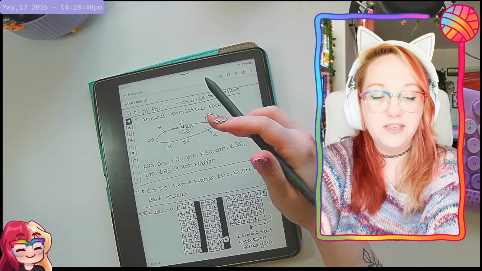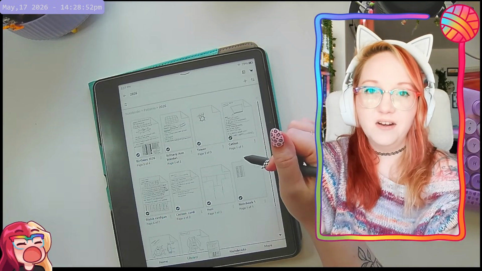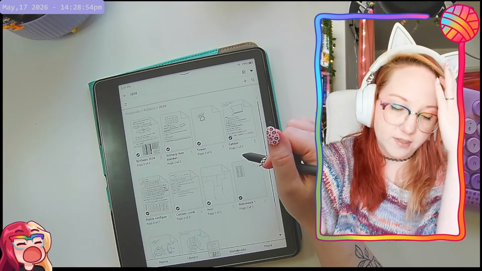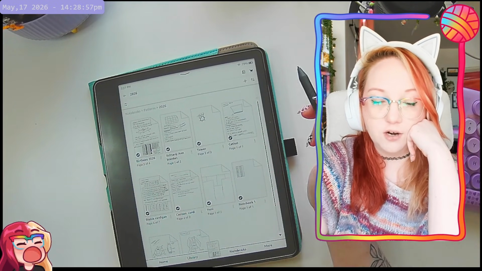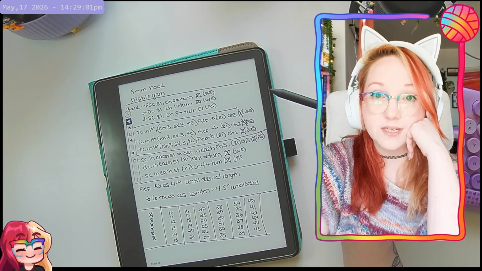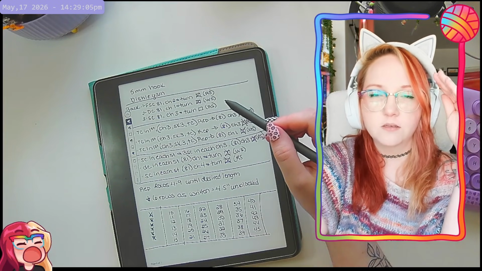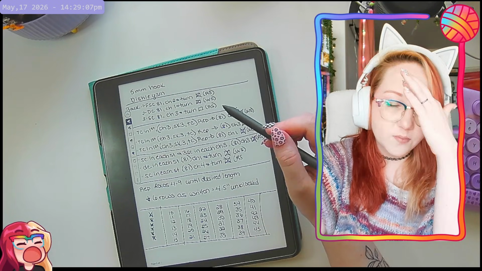And that's how I do all of my patterns. I like it better in here. Then I don't have to keep track of 57 notebooks and all of the paper. Like my dishy cardigan that I'm working on, very similar. I just have a ton of notes in here. And this just lets me know where I need check boxes, where I need to explain things more, and I